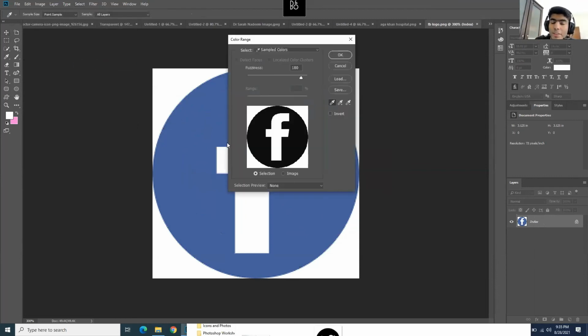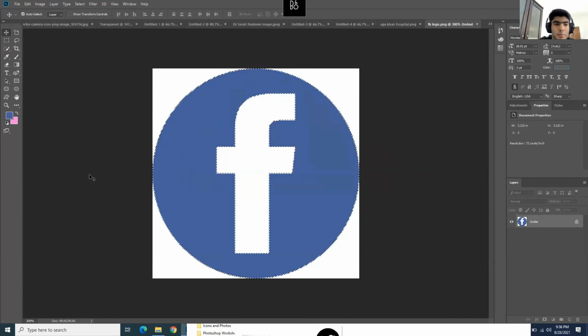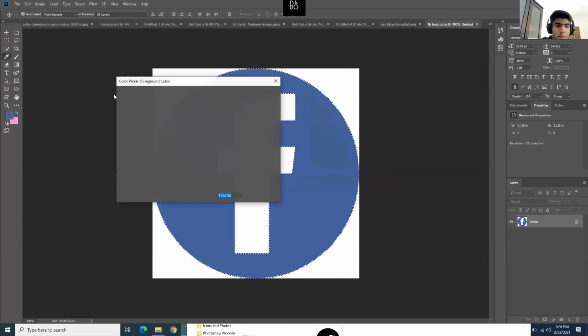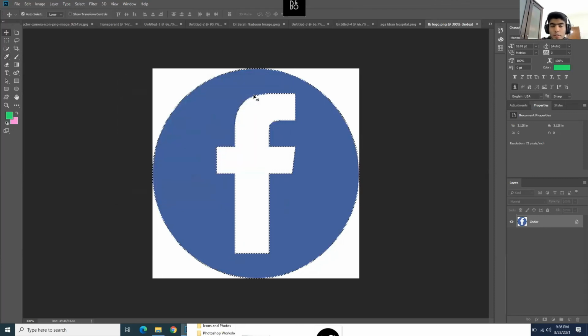So I'm going to go select color range. Now I want to select everything which is blue. So I'm going to go here, select blue. You can see it very nicely detects it. Okay, and now it's selected. Now I want to change this blue to a green, right? So I'm going to click over here, go to green. Now it's basically created a sort of mask or a stencil,